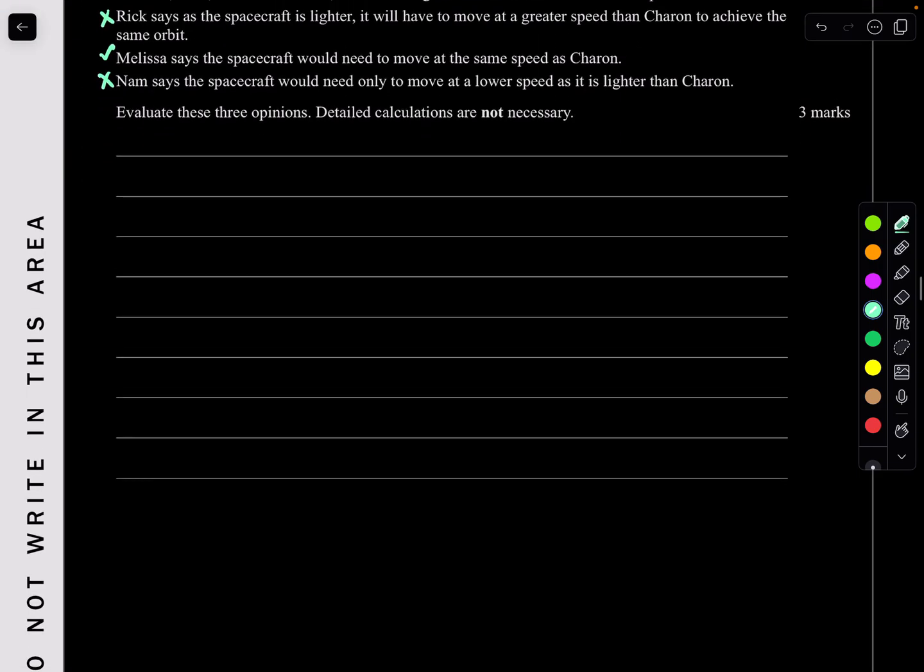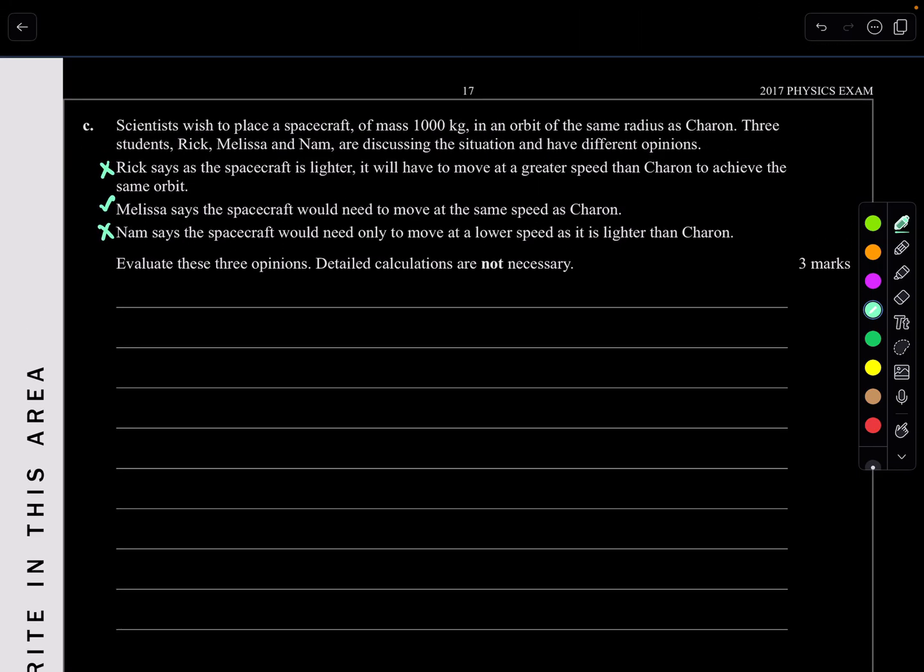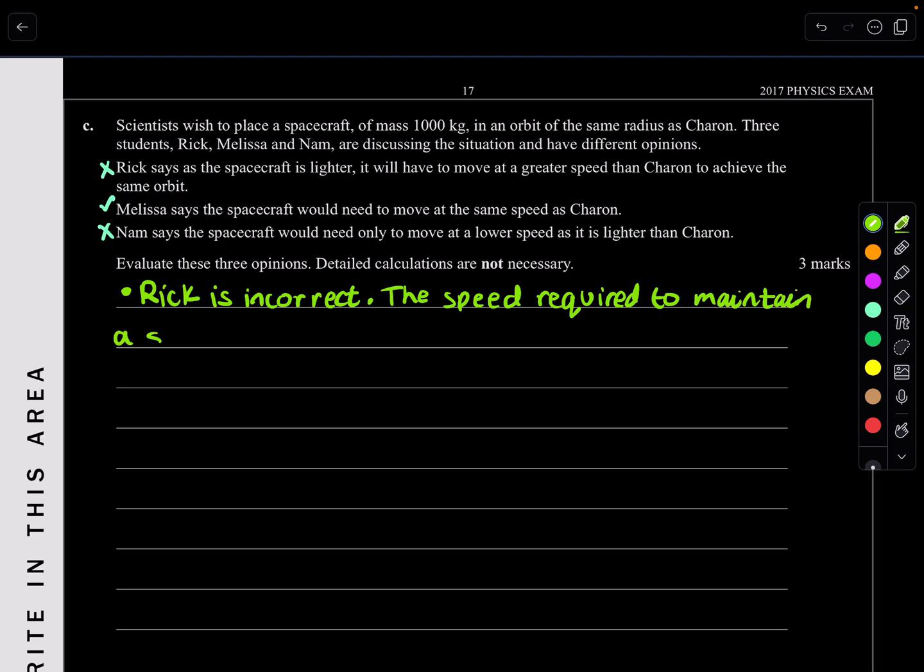Let's try to write some stuff. Let's evaluate Rick first. Rick is incorrect. So what we're doing is evaluating each. The speed required to maintain a stable orbit